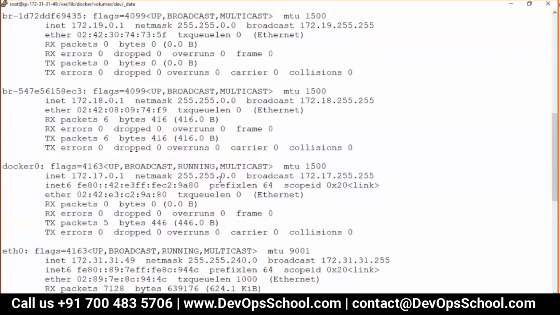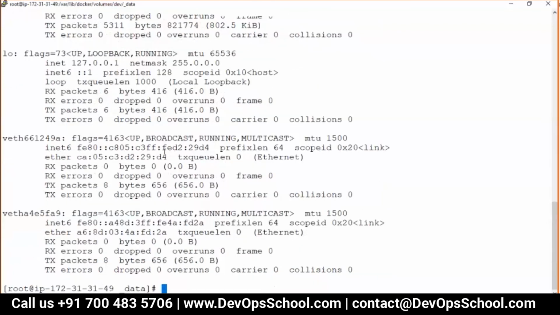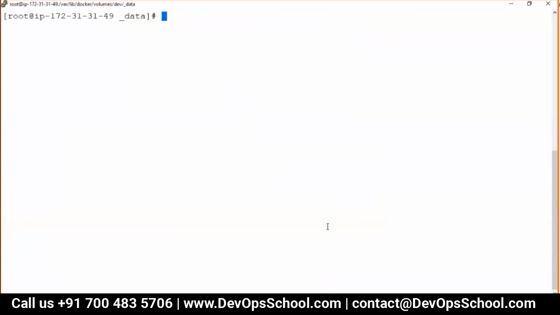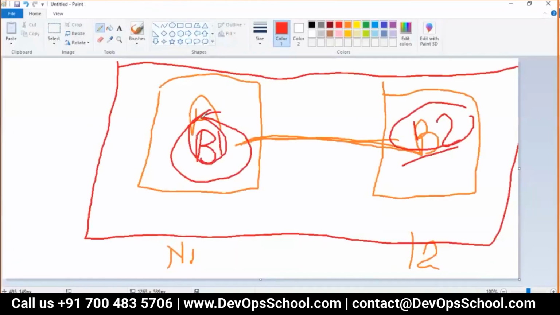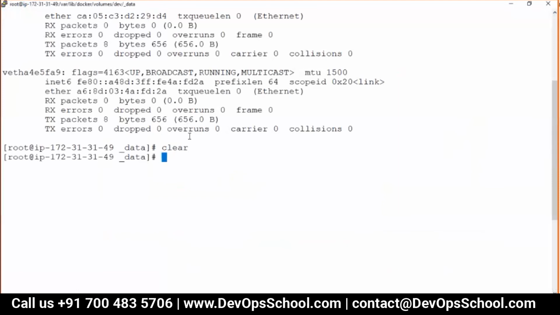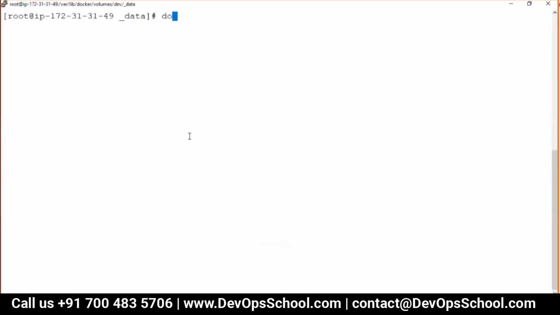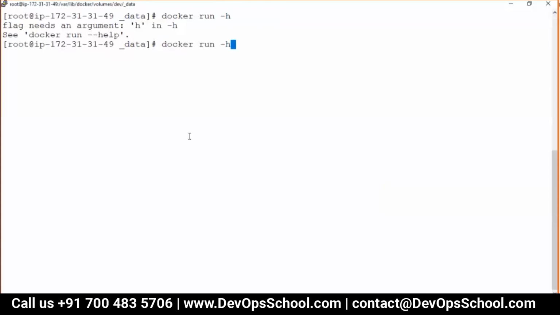Yes. Okay. Now the question is, I created two networks for doing the cross testing, but how do I run my container inside it? I think you should know the answer by now. Docker run -h. What happened? -h is not working. Help.